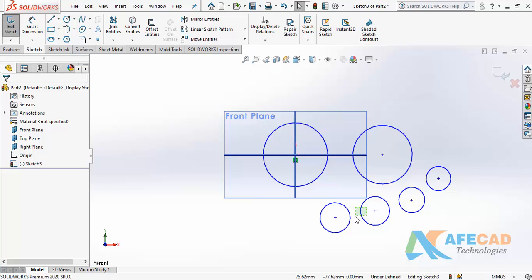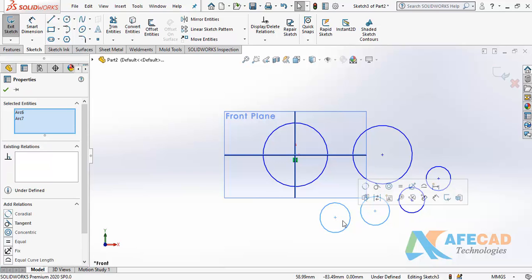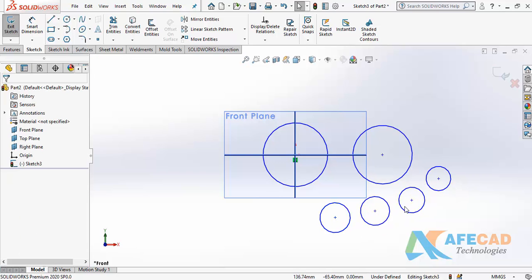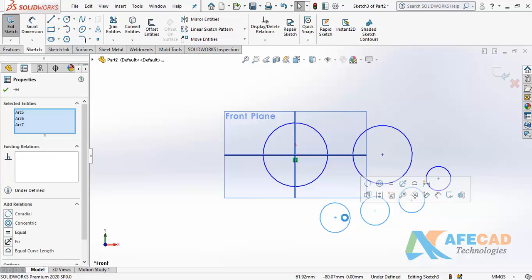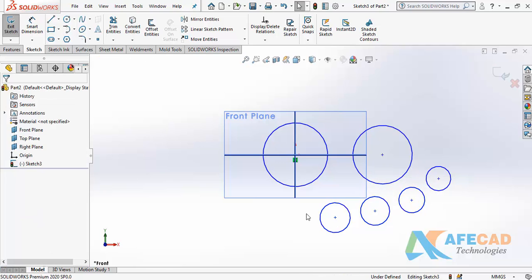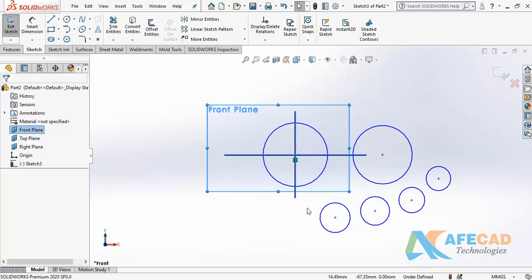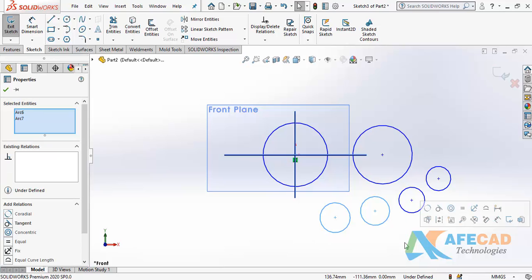I want to select these two objects, I can select like this. I want to select these objects, I can select like this. If this area touches any object, that object comes under selection. If you use it from left to right, then the entire object should come in this area, then you can select. If it only touches, you cannot select, like this.